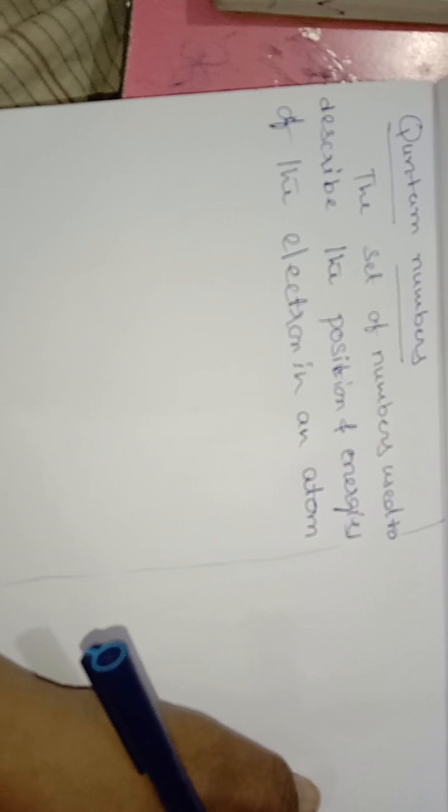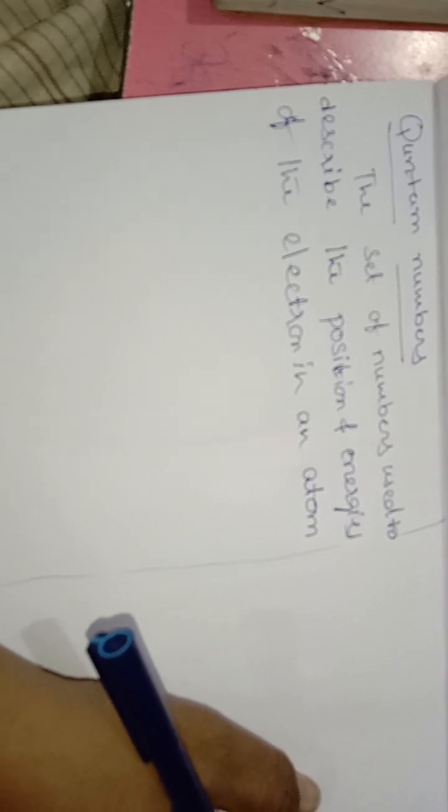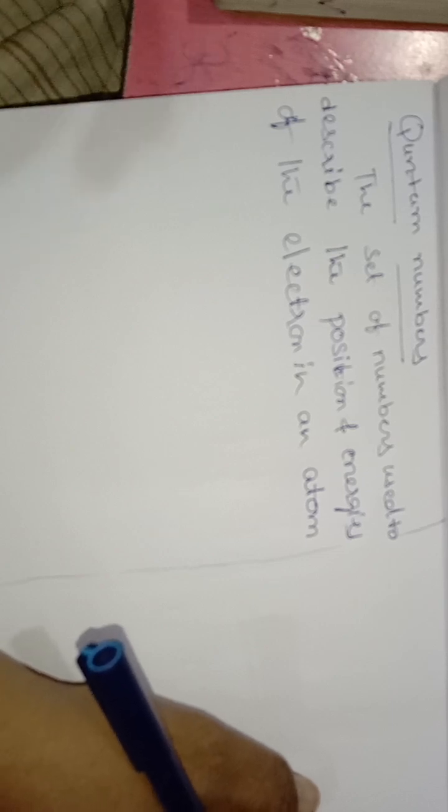So these numbers help us to find the position and energy levels of the electron, and how they are revolving around the nucleus, in which region they are revolving, what is the size of the atom, right? All this can be found easily using these quantum numbers,